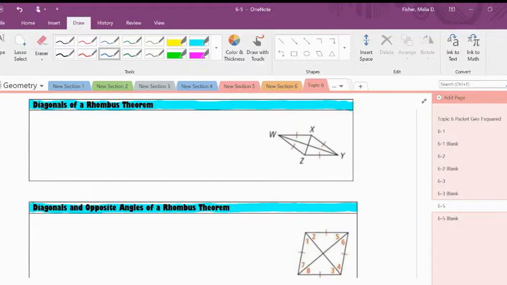We have two theorems, the diagonal of a rhombus theorem and the diagonals and opposite angles of a rhombus theorem, and I like to highlight those so that they're easy to find. The diagonal of a rhombus theorem says if a parallelogram is a rhombus, then its diagonals are perpendicular bisectors of each other. So if a parallelogram is a rhombus,